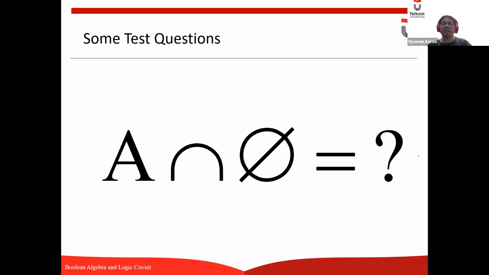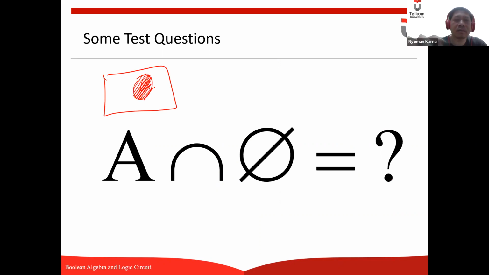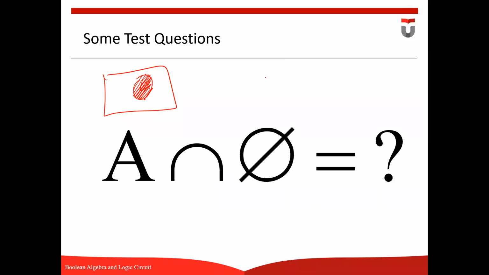Now, what is A intersects with nothing? Anyone? I have A. Let's call this A, and intersects with nothing.